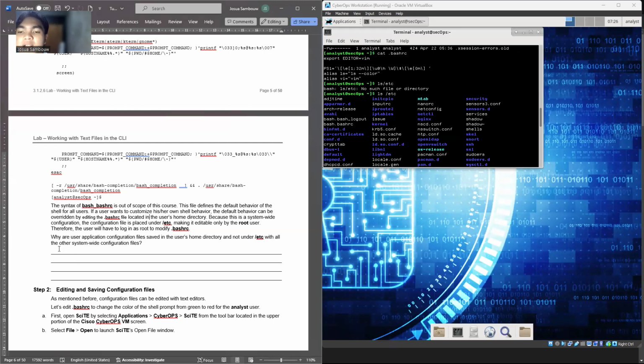Not under /etc, karena /etc ini shared or it's for all users in the system-wide. So like this with all the other system-wide configuration files.